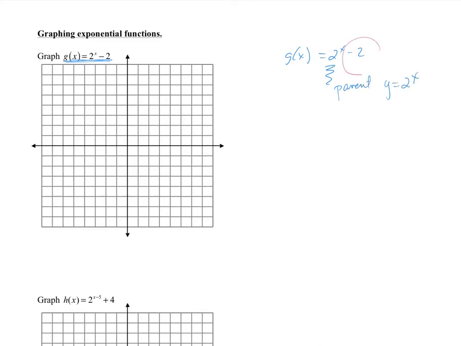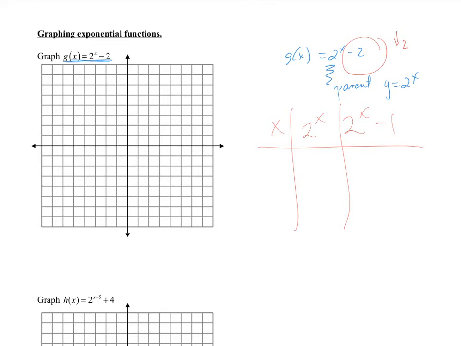Then you should notice this -2 is a transformation, a vertical shift down 2. So we could make a table of values